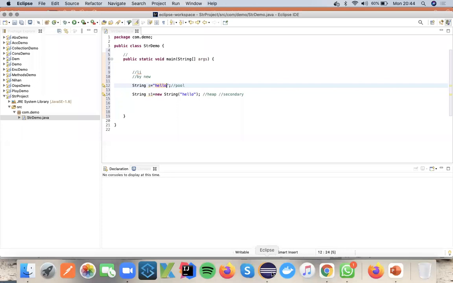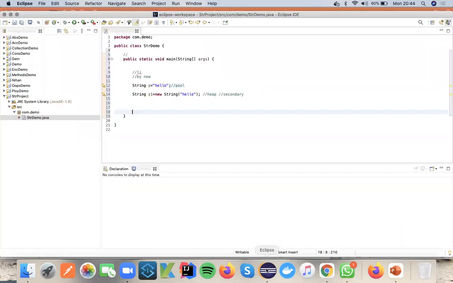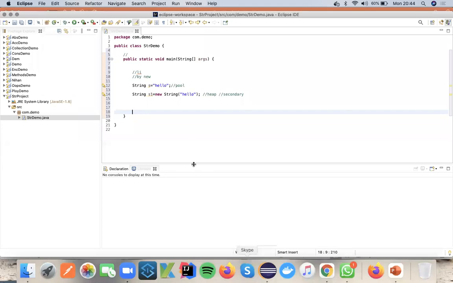Let me come back to this and show you what is happening. When you declare using the literal approach, it will be stored in the pool memory. When you declare using the new keyword, it will be stored in the heap memory. Now I will tell you what happens in the second scenario.